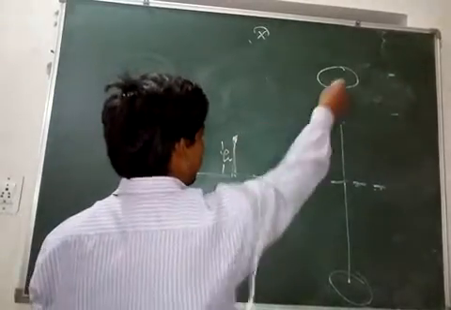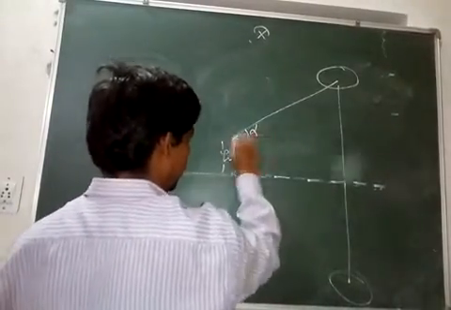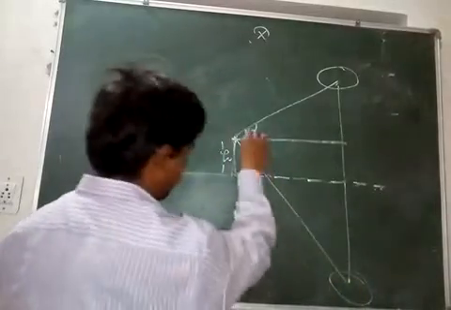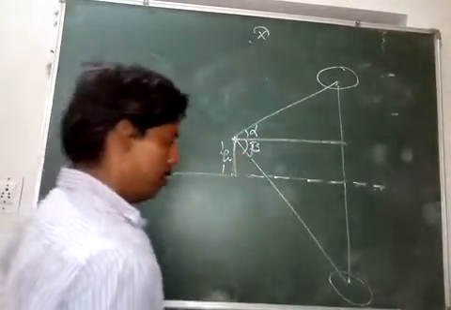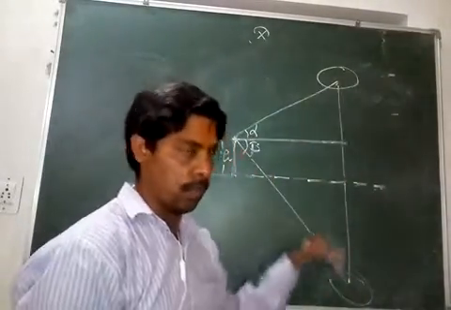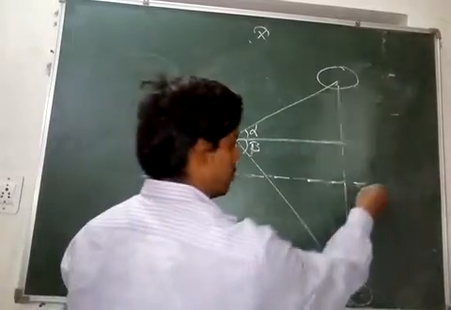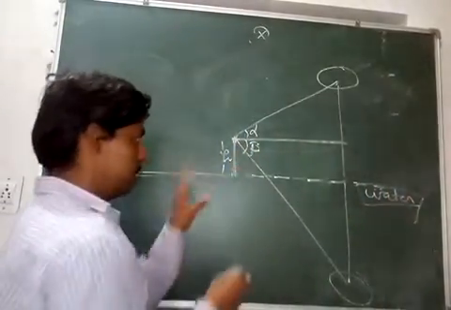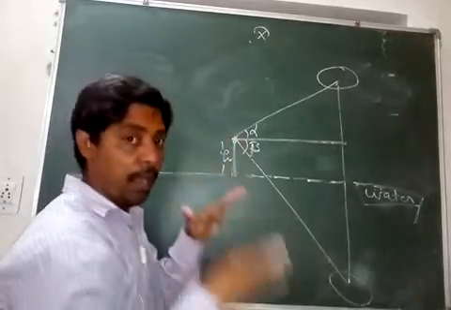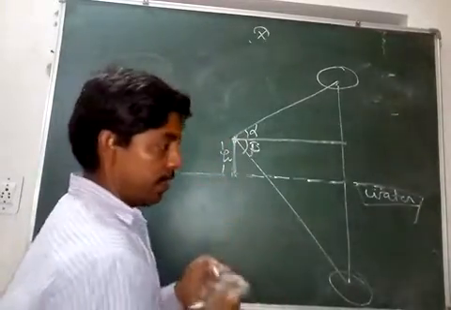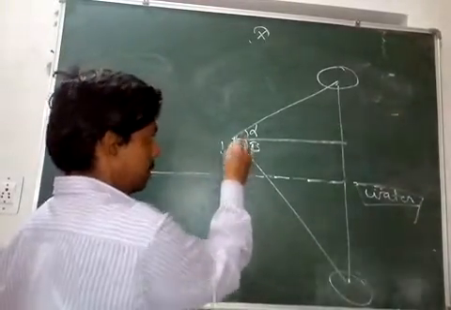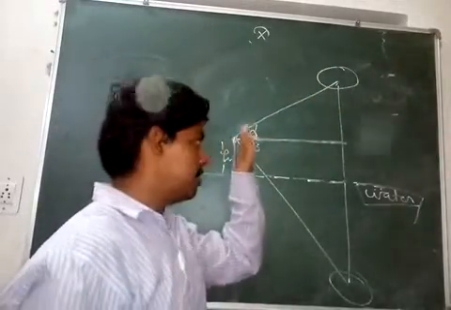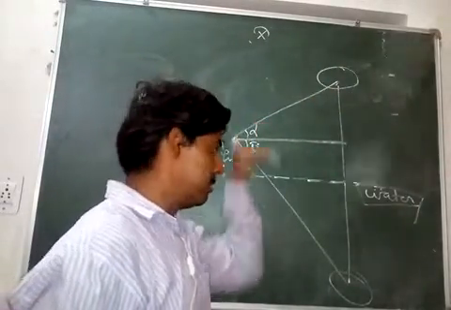So this is the angle of elevation alpha of the cloud, and this is the angle of depression beta of the cloud's image in the water. Where is the water? This is the water. This is the lake. A person is standing here on a raised platform, so he observes the cloud, whose angle of elevation is alpha and whose angle of depression is beta.